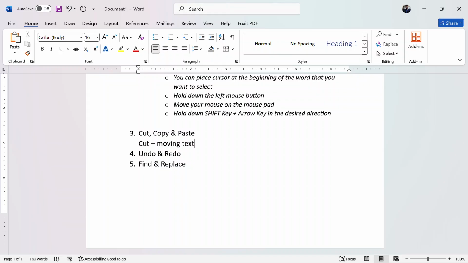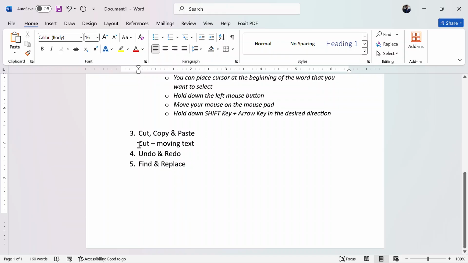For example, when I don't want this text to be here, I want it to be in another place, I can cut it and it disappears from where it is, then it goes to another place. There are a lot of ways we can cut text.